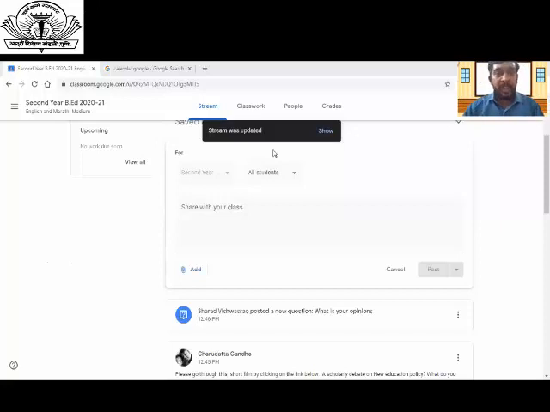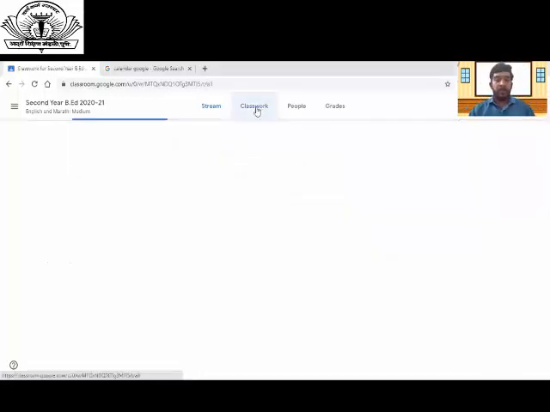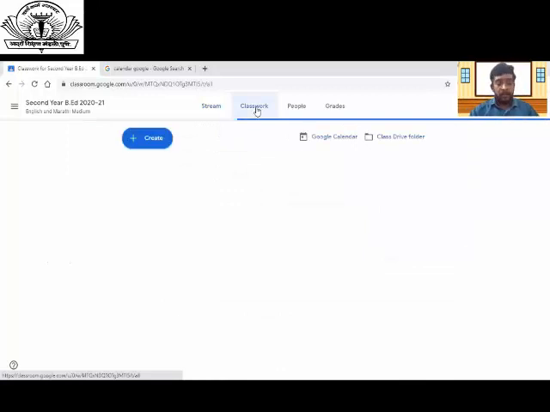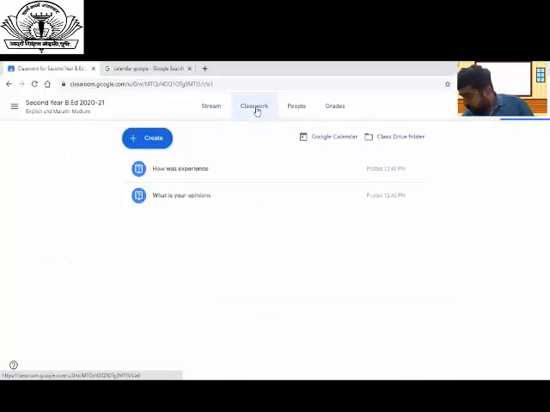I'll click on the classwork. Till now, what were we doing? We used to assign the assignments on the notice board of our college. You used to take the photographs, write the assignments, copy the assignments of each other, and then we needed to take continuous follow-up for collecting the assignments from you. This was the usual practice.